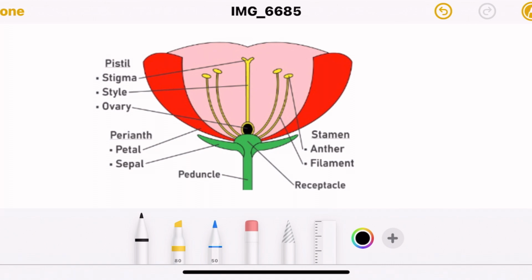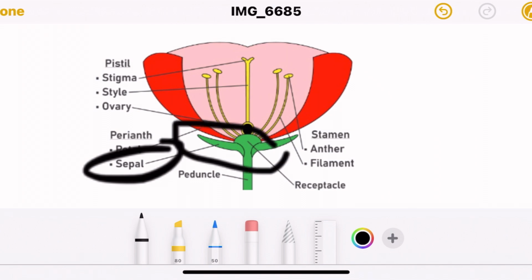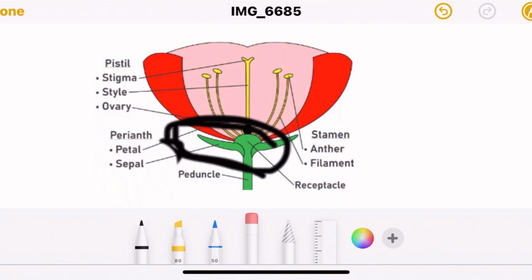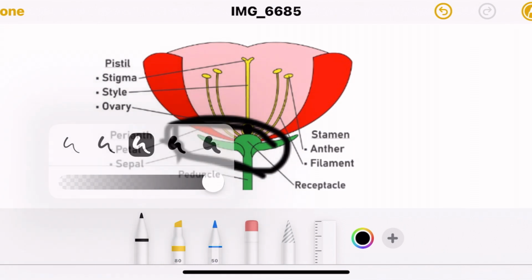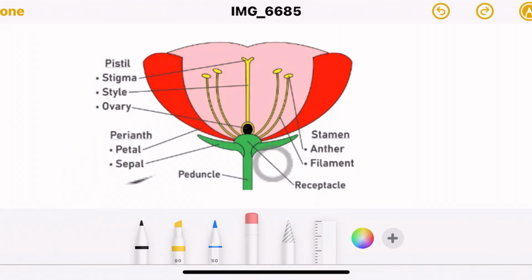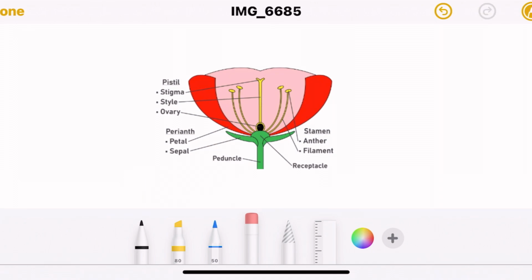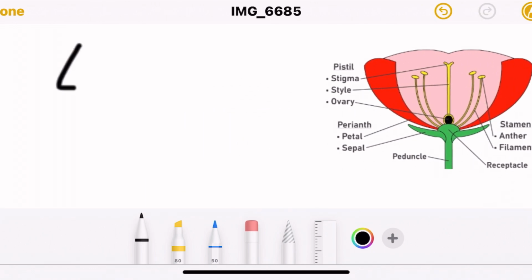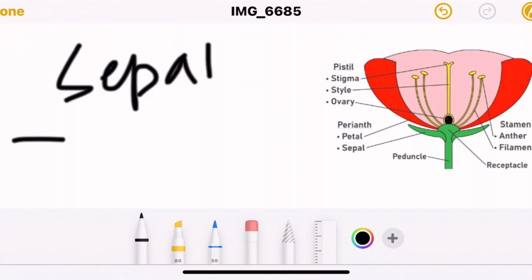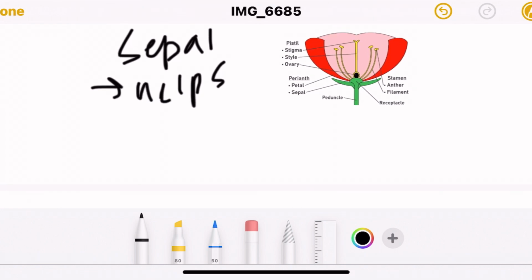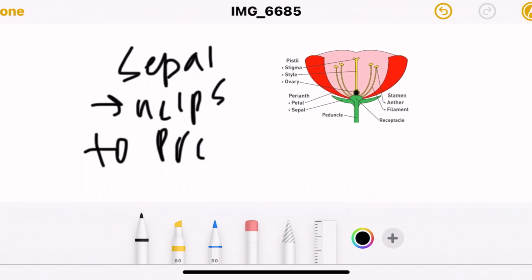So first of all, let's start with sepal. What's sepal? Sepal is this part of the flower. These green leaves you see, these are known as the sepal. What is the function of a sepal? The sepal helps to protect flower in the bud stage. I'm writing. Helps to protect flower